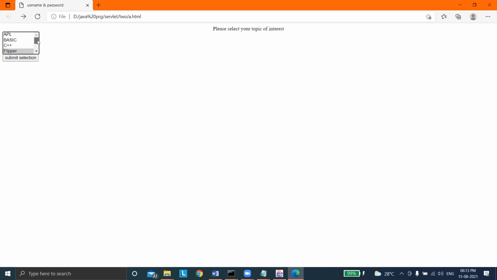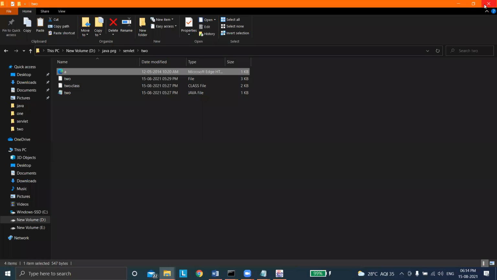Now what I'm trying to say is, the list box control can have multiple selections. See, I can select multiple values. Here we have almost 8 programming languages, and I have selected 4. So that means I am selecting more than 2 values. The client method attribute uses the values get and post. Okay, so let us see the